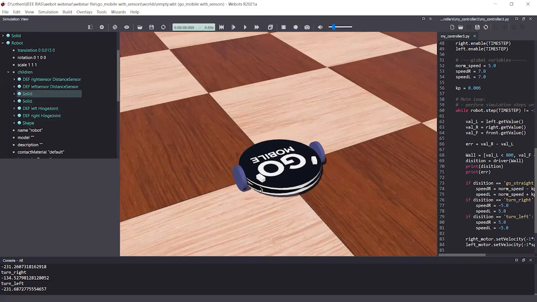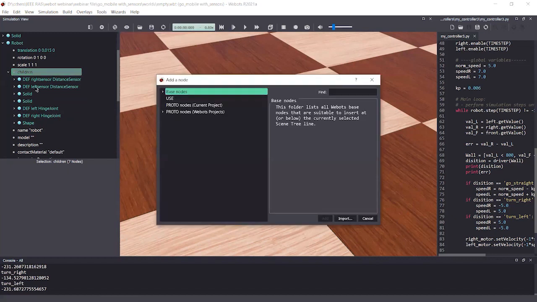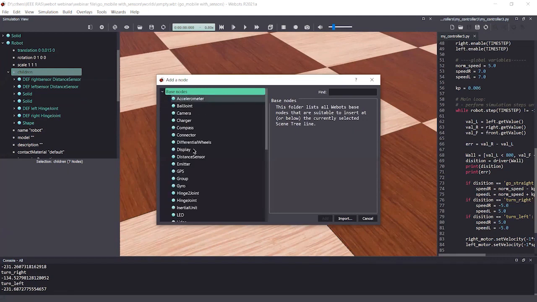In order to design the front sensor, under the children node, go to the add icon. Then what I want to add is a distance sensor. Under the base node, go to the node called distance sensor.